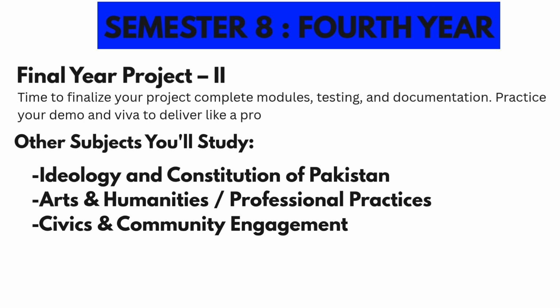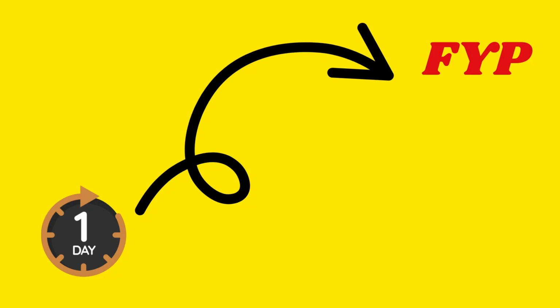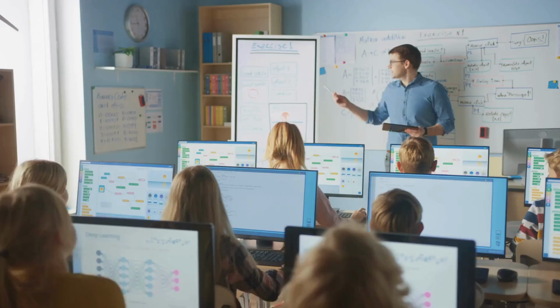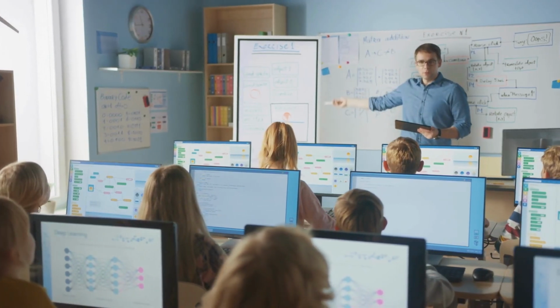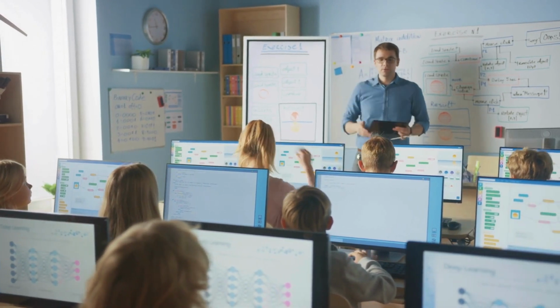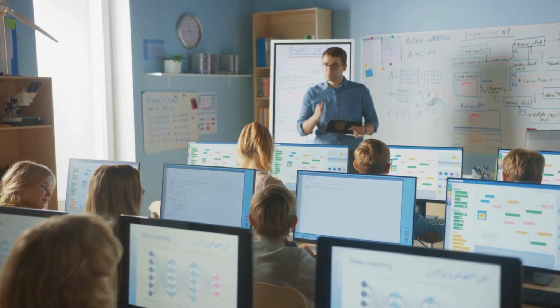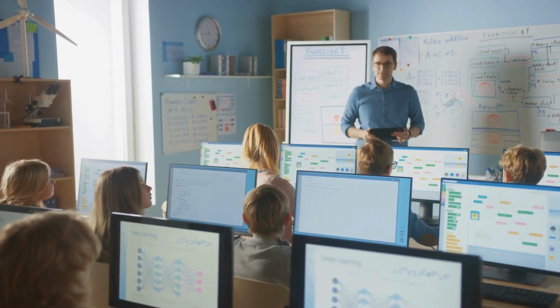You're not just a student anymore. You're a soon-to-be graduate, a developer, a problem solver ready to step into the real world. Final words, and that's it. The complete 4-year journey of a software engineering student, semester by semester. From learning your first hello world to designing full-scale systems, from understanding the logic gates in a circuit to leading a final year project. You've covered it all.